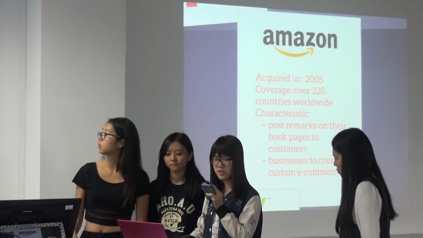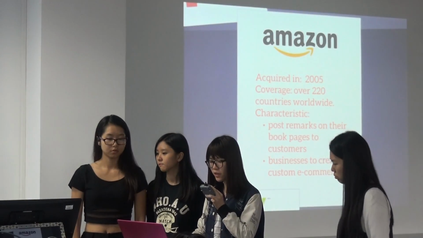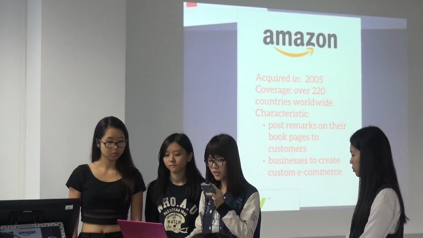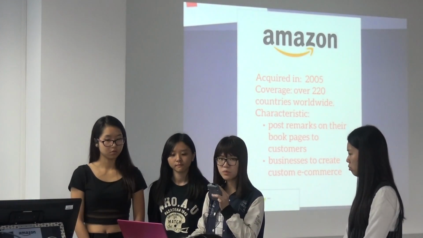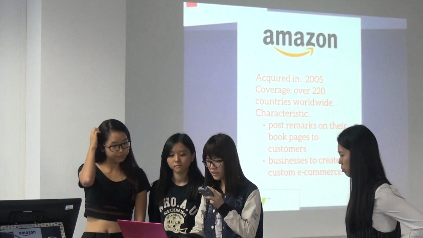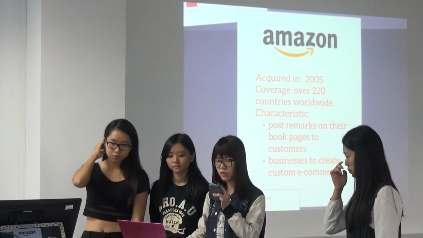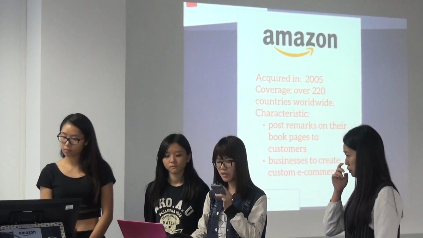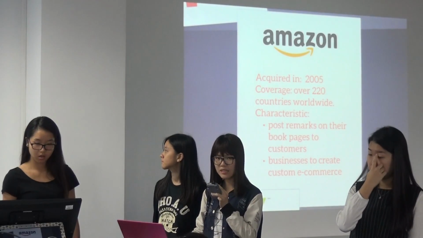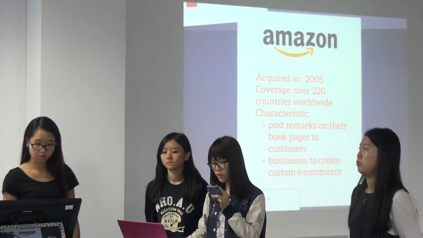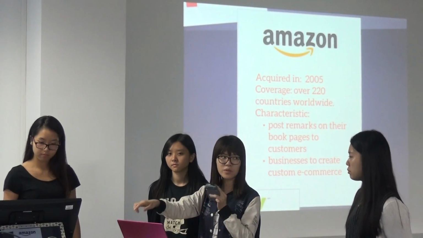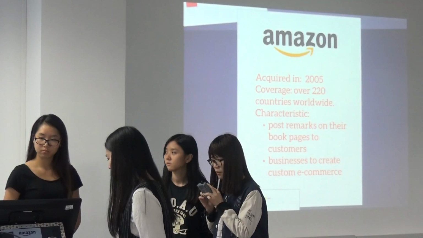And the service was developed based on the experience of operating smartpass.com. It also used the same order fulfillment and distribution systems as Amazon.com. And the web store allows businesses to create a custom e-commerce website using Amazon technology. Sellers can select the catalogs for their business and pay a commission. We will introduce the second example.